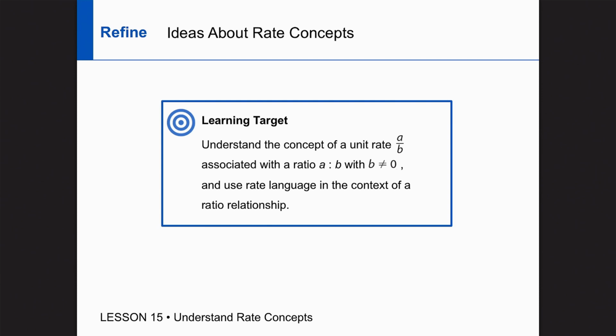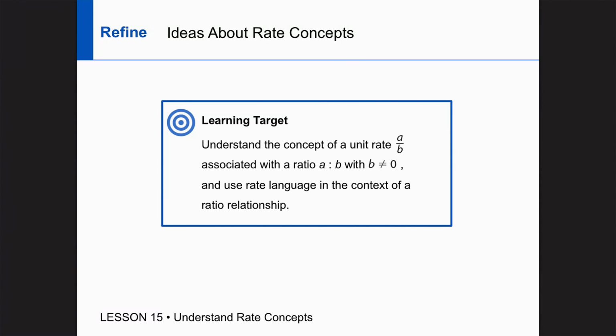Hi guys, we are looking at understanding rate concepts. We are trying to understand the concept of a unit rate, A over B, associated with a ratio A to B with B not equaling 0, and using rate language in the context of a ratio relationship. So really what we're doing here is we're looking at our original ratio and we're finding a rate to then